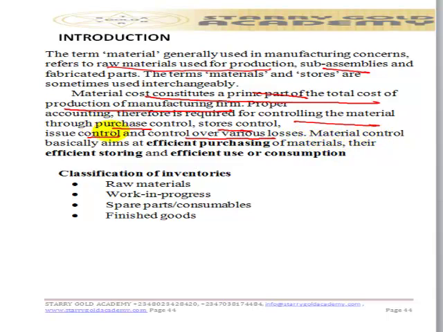Material control basically aims at efficient purchasing of materials, storage, and efficient use or consumption. So in order to assist an organization in monitoring and planning the cost of production, because basically we are going to emphasize manufacturing organizations, as they are organizations for which material is a core